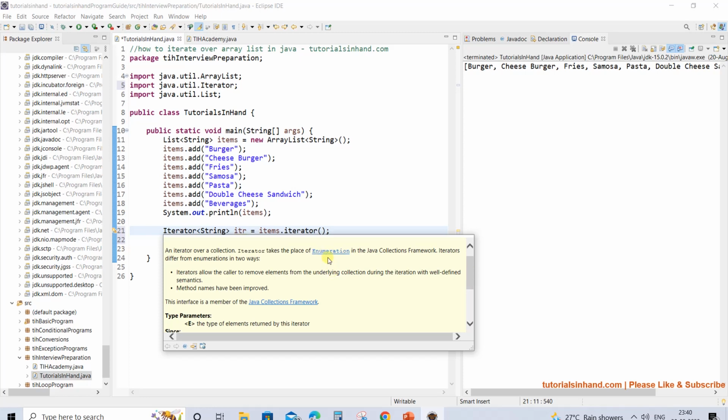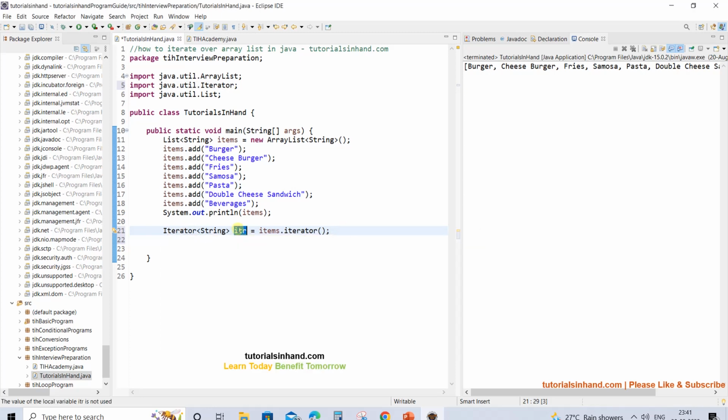If you use Vector sometimes, which is an obsolete class now, then you will use enumeration to traverse over that vector. For now we are going to use iterator only, and it is the preferred way of iterating over any array list or list.